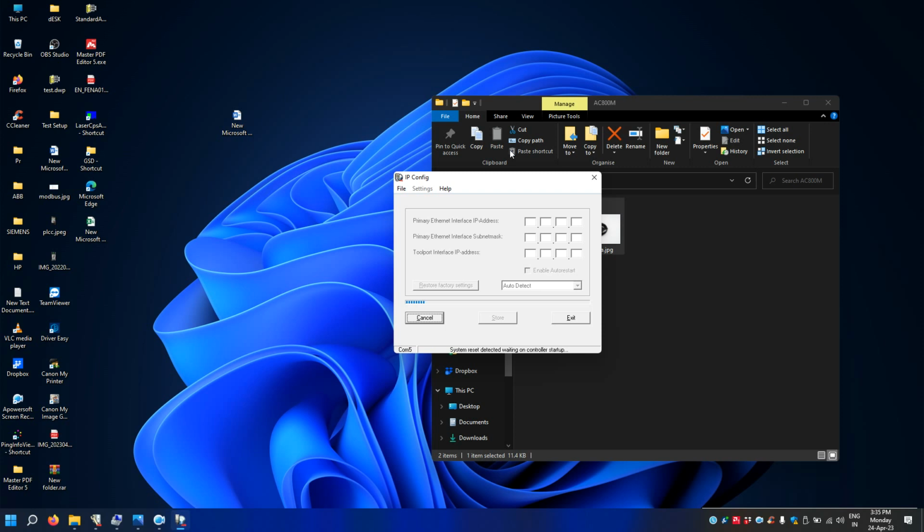Okay, so the software detected the reset, so now it's waiting for the controller to start up. It will take some time to read. Yeah, so as you can see, this is the IP address of my PLC. Okay, so for example, if you want to change the IP address, just